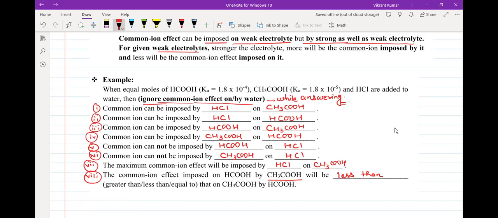Krish, Anurag, Prisha, am I clear? Yes, sir. Okay, Anurag. यस सर।